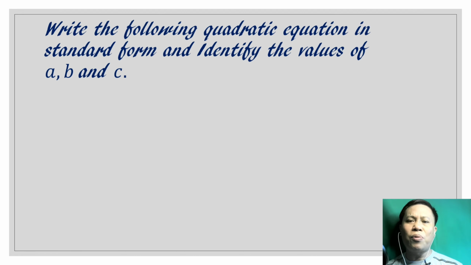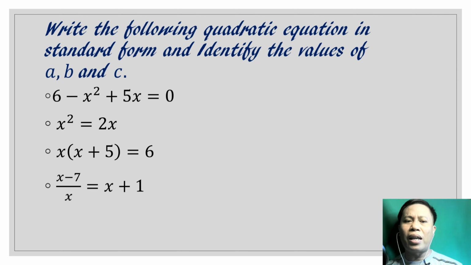So, okay, let us have another exercise that has something to do with the concept of quadratic equation. Write the following quadratic equation in standard form and identify the values of a, b, and c. Before we answer the given question, let us first recall the standard form of a quadratic equation. The standard form is written in this particular manner: ax squared plus bx plus c equals 0. The quadratic term comes first, followed by the linear term, followed by the constant, and it is equated